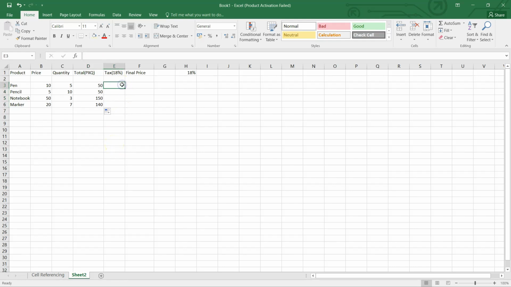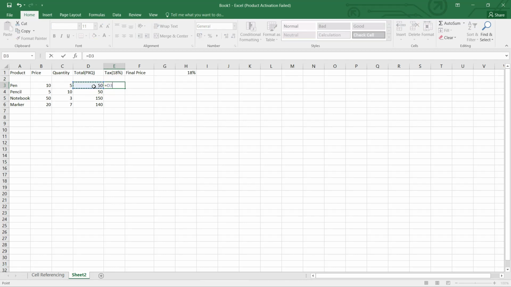Next, I want to calculate my tax. Now remember, the tax is always fixed, right? So when the tax is fixed, that means this particular cell, that is H1, should remain fixed throughout, all right? And it should calculate the tax on each of these items or the total quantity of these items. So we'll just press equals and I'm going to select my B3. Okay.